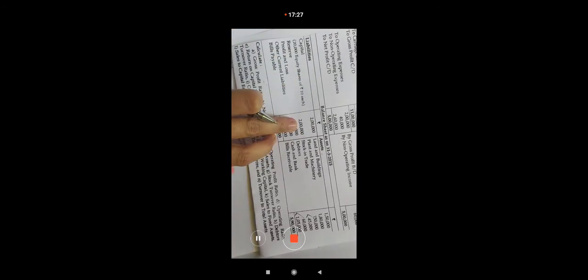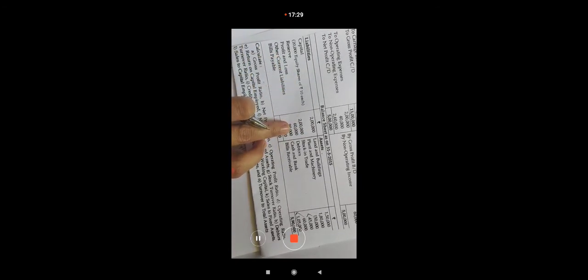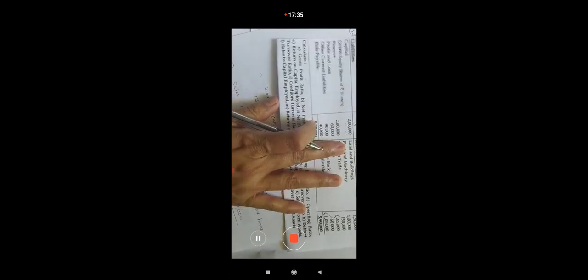We have sales amount 9,50,000 and capital employed, that means share capital 2 lakh, reserve 2 lakh rupees, and profit and loss account 60,000. That means total capital employed is 4,60,000. When we solve this equation, 9,50,000 upon 4,60,000, we get the answer 2.06 times. Okay, then next,